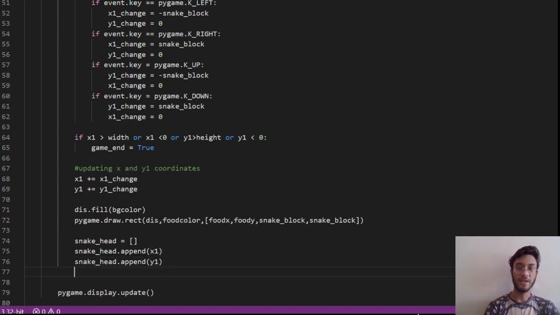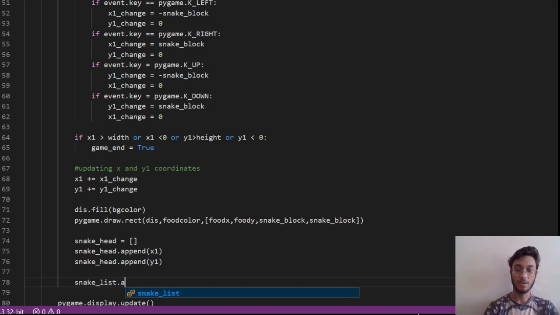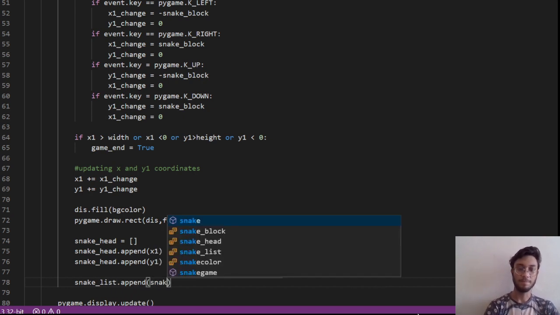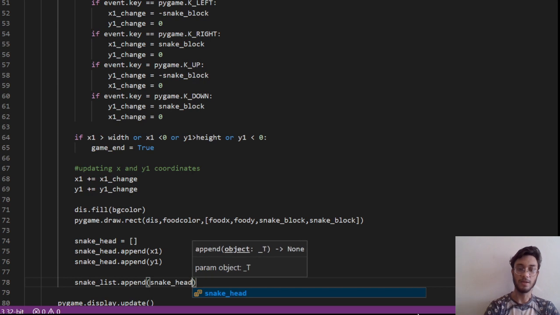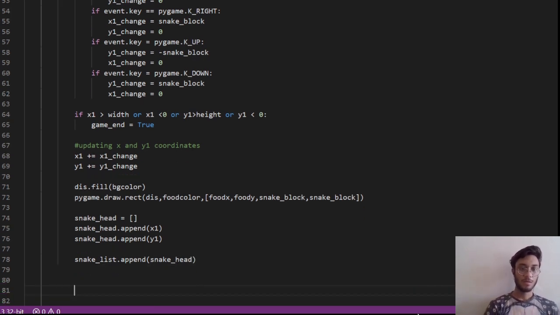If you remember, we have also made the list snake list, which we are passing into the snake method. So we also need to update that list. We are simply going to append the values of the snake head into the snake list. So we are clear with the logic.